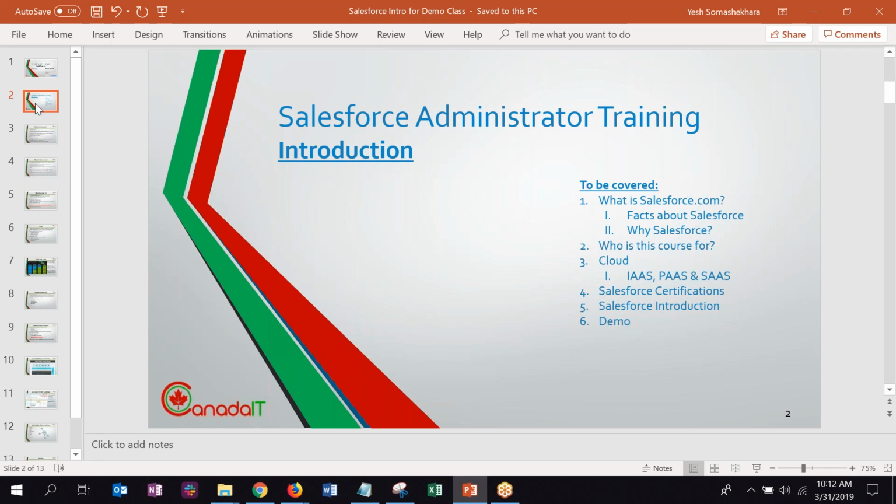And again, please remember this is a demo class, and we won't be going into much detail. Also, this is probably going to be mostly me talking and showing, but in the rest of the classes, there'll be a lot of work that you'll also be doing. We'll be enabling a lot of hands-on sessions and even giving you homework where you go into the orgs and try out various things yourself. That's one of the advantages with Salesforce. Okay.